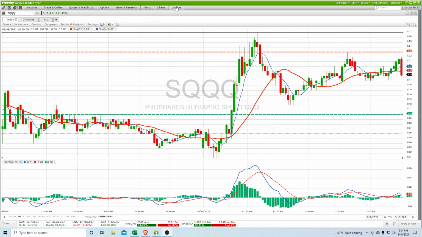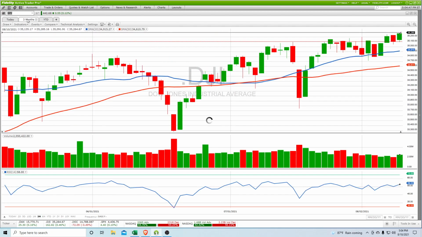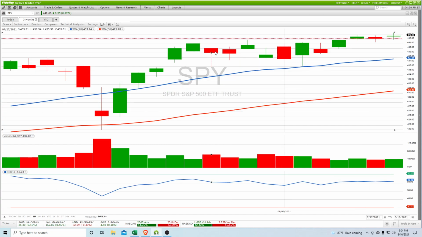If we go back and look at the SPY here. Okay, this is the SPY for today. That's not a market that's going anywhere. Now, that's just the 5-minute chart, so let's look at, well, this is a 3-month chart. Let's look at a 1-month chart real quick. I'm just going to change to the 1 month. You can see